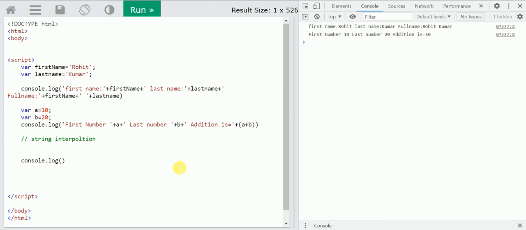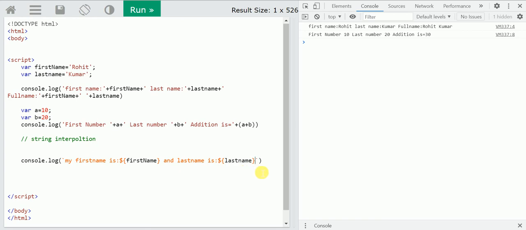Just use a backtick and another backtick: my first name is, then you put the dollar sign and bracket, and write your variable name. My first name is this one, and last name is, again write the dollar sign and put your variable here.